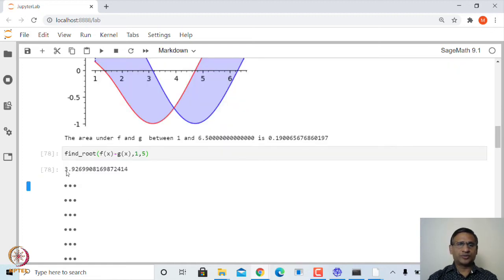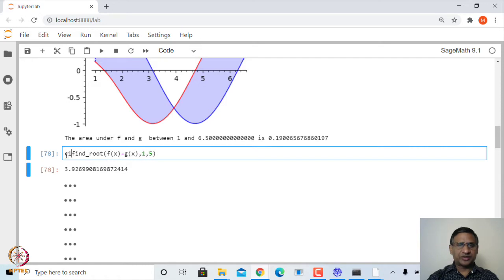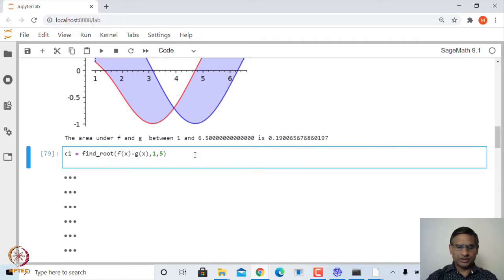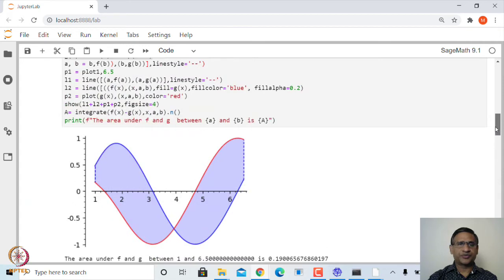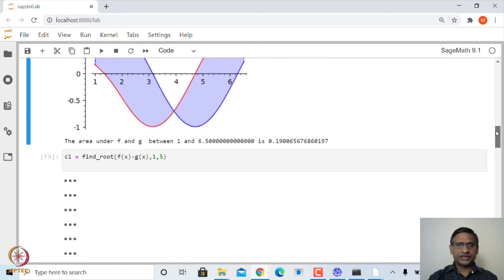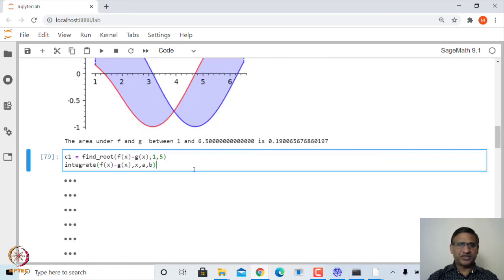So this is 3.92699. So if I store this in a value C1, then the actual integral is going to be the integral of, so let me write this. This will be the left hand integral, so this integral a to C1,